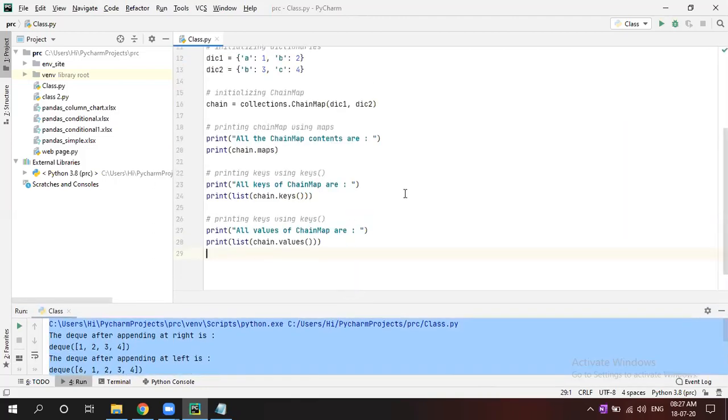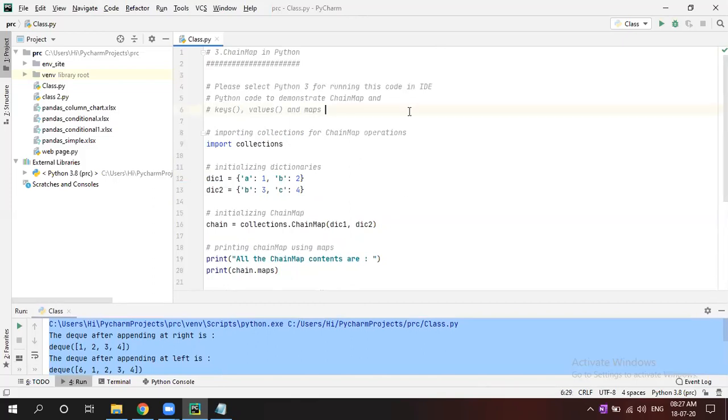So this is chain map. What do you mean by chain map? Let's say I import collections. Now I have to initialize the dictionaries. Let's say dictionary 1 is A:1, B:2, and dictionary 2 is B:3, C:4.